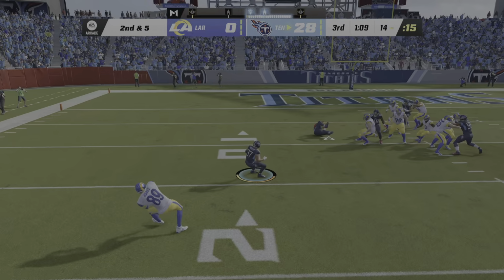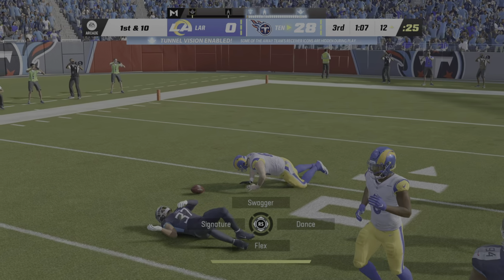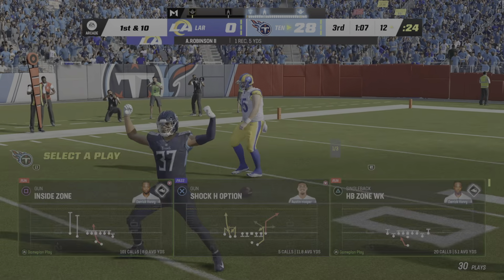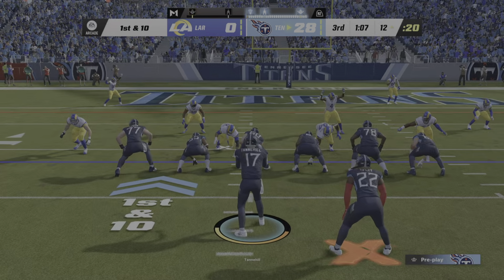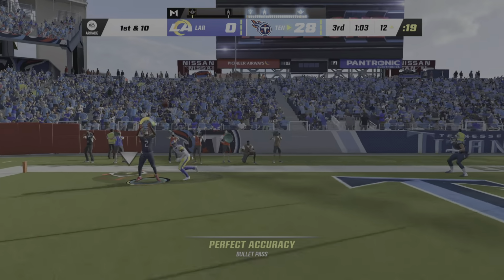But Stafford for the third time is intercepted. Picked up by Amani Hooker. And the Titans are going to take possession of the football. And they'll take possession already in the red zone and in a great spot to add points to the scoreboard. And Brandon, how many times have we seen a defense with a...